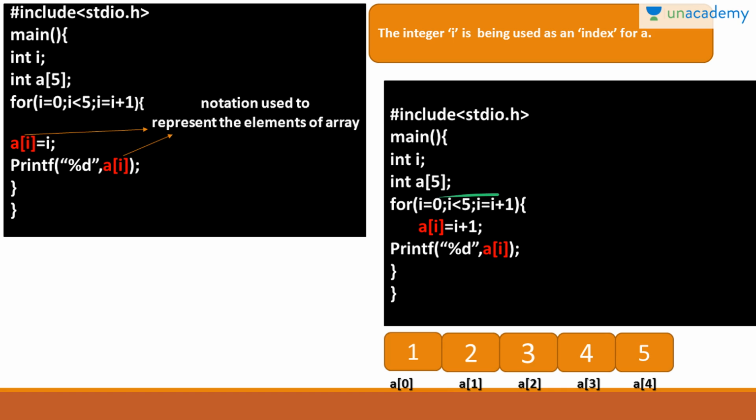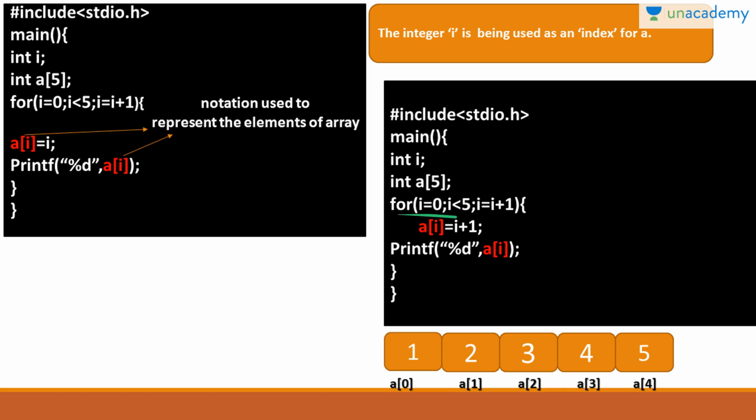We are assigning i plus 1 inside the array a[i]. Here i represents the index of the array a, and we start from 0 because the indexing of an array starts from 0.